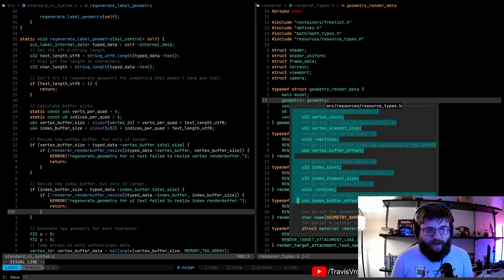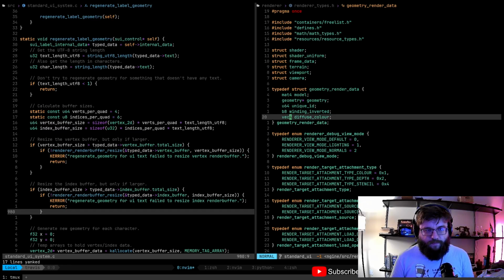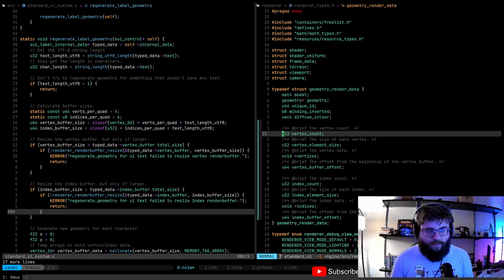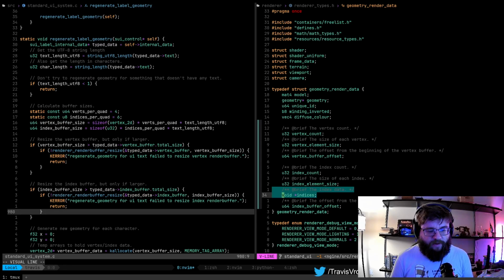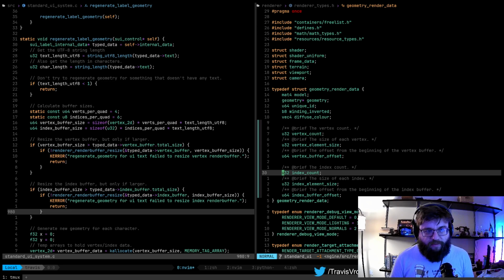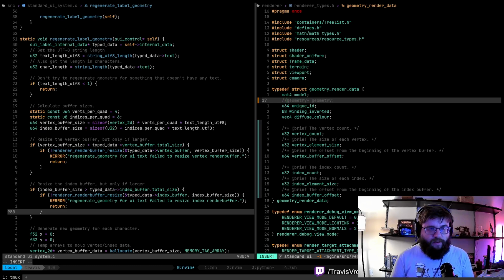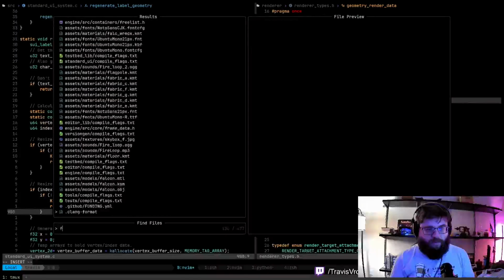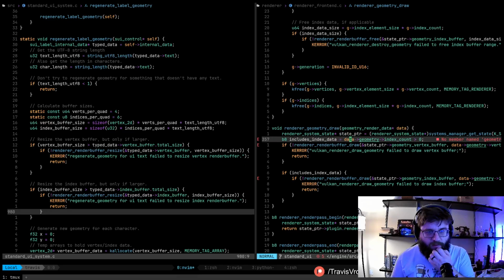So I'm thinking if we grab this. And we probably don't even need the vertex and index data itself, right? We don't even need the pointer to that. I think we can literally just work with this, and then get rid of geometry. And go back to the front end, and get rid of this guy.